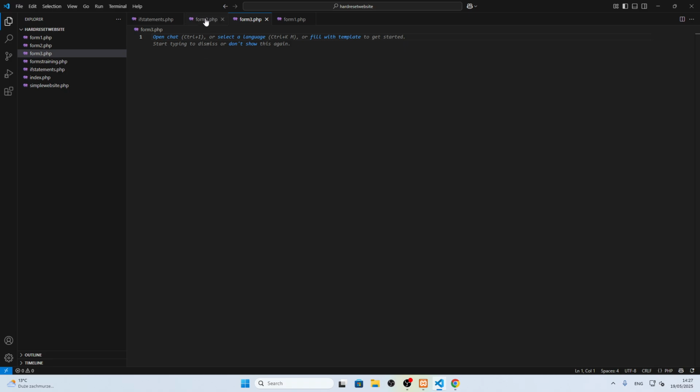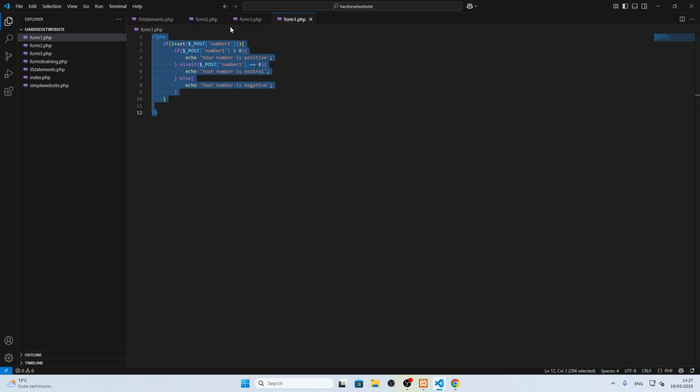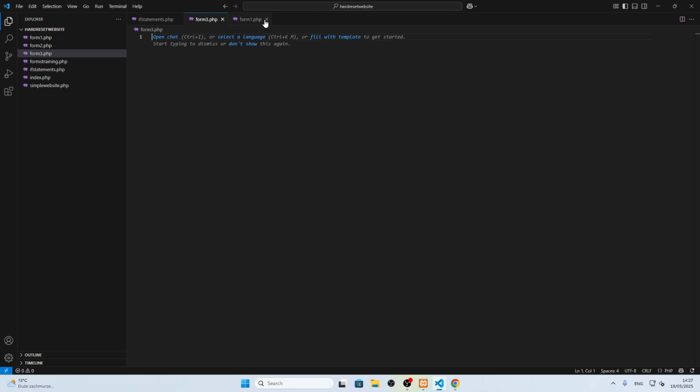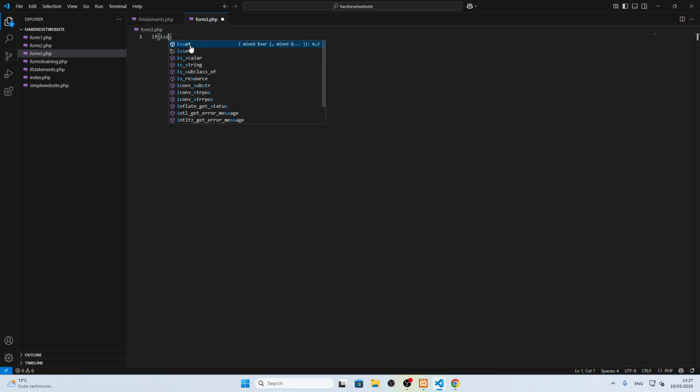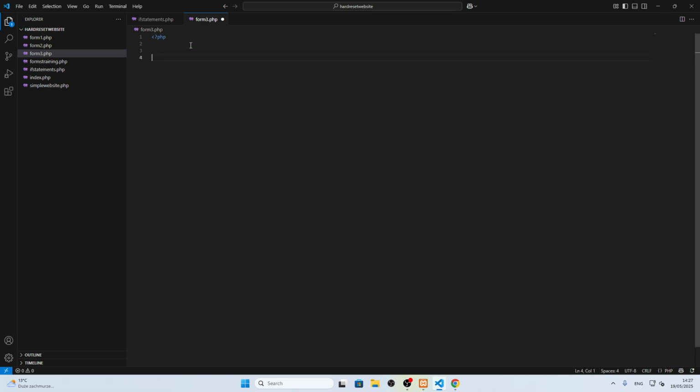Nothing happens because we don't have this file done. So this will be somehow harder. Oh, I created this file, sorry. So at first we have to do the if isset, I'll say it again, but at first we have to open the PHP, and if isset